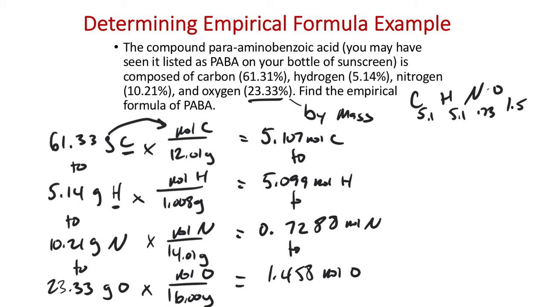That's not the simplest ratio of these elements. So what we need to figure out is, what are these ratios here? Let's erase these. How might I mathematically figure out the simplest whole number ratio? It becomes more or less a math problem of how we most easily accomplish that task. I would probably identify the smallest one first, because I know if I divide all these by the smallest number,